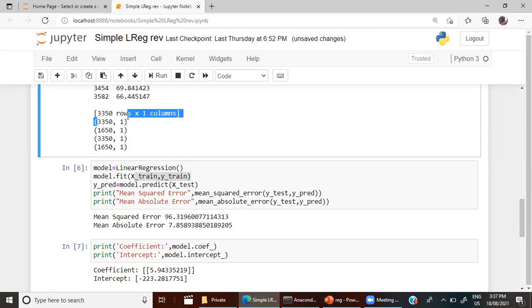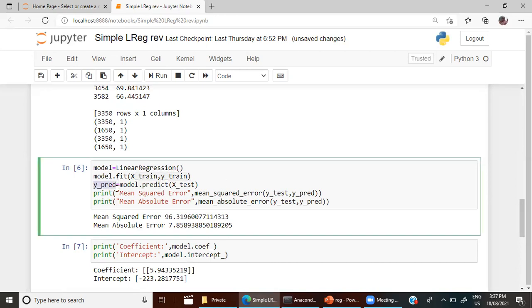The feature is this, and then target. Target is this. Same way, this is the test feature, this is the test target. The next step is y_predicted is equal to model.predict. So what are we predicting for? For the testing data. That's why we give in the bracket X_test.